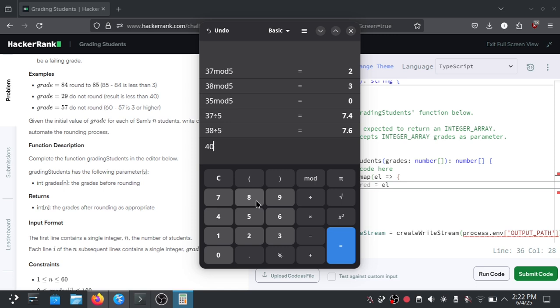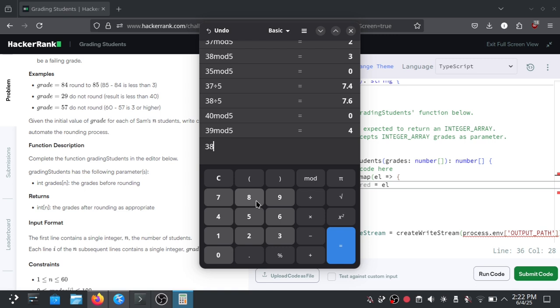The rule is about multiples of 5 and rounding up, so we can use modulo 5. If the grade is 40, then modulo 5 returns 0. For 39, the remainder of 39 divided by 5 is 4.